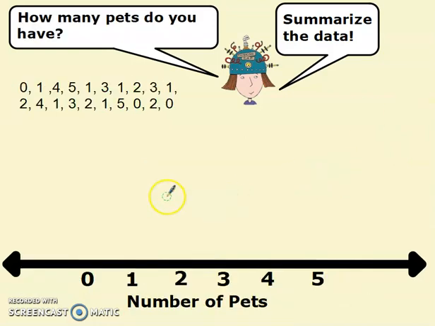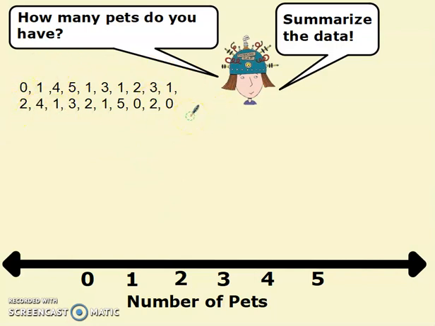On this one, I want you to try it. So you will need paper and pencil for this. You can pause the video, get your paper and pencil, and then start it again. It says, how many pets do you have? And of course, again, we have our data right here that we've already collected, and we need to summarize the